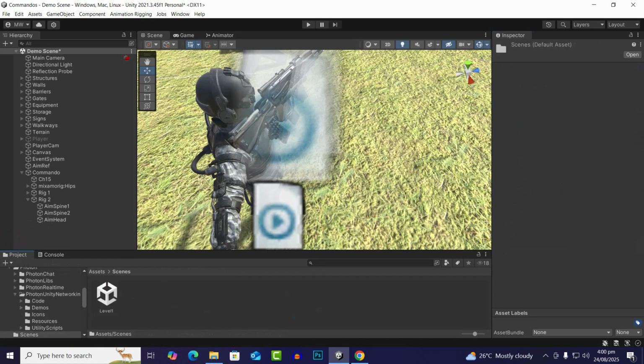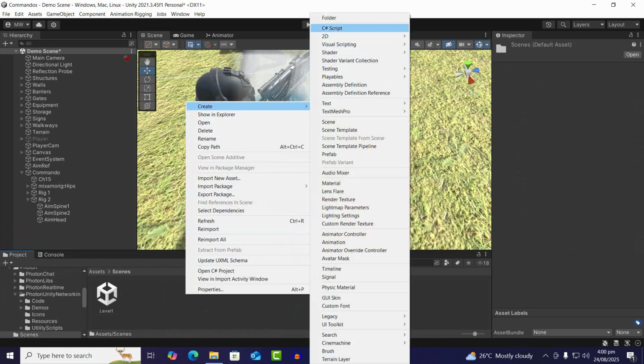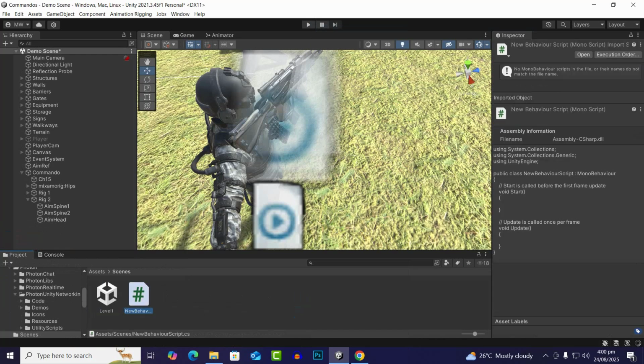In this video we will move further and we will create a lobby scene, and we will connect to the server. So let's see how we can do that. First of all we will create a scene actually,